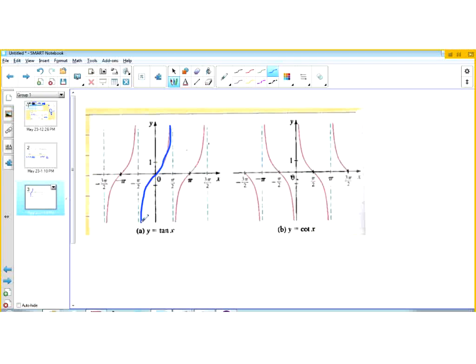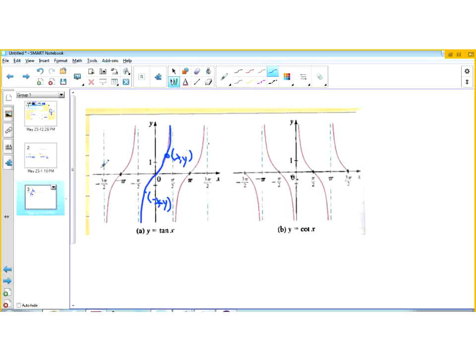It's an odd function, so by the odd property, if this is a point on the tangent branch, then the point negative x, negative y will be its symmetric counterpart. So to